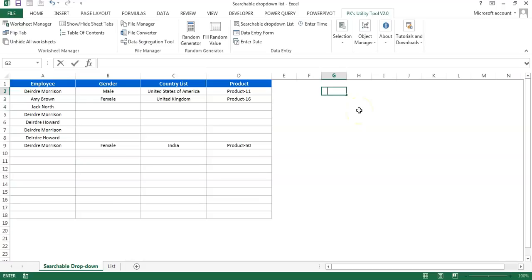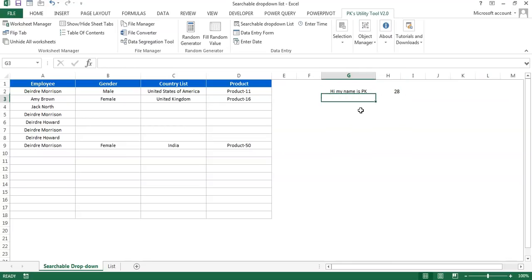I'm putting some leading space here. I'm putting hi. My name is PK, then I'm putting some trailing space also. Alright, now if I show you the length of these tags, I'll use the LEN formula, it is 28.